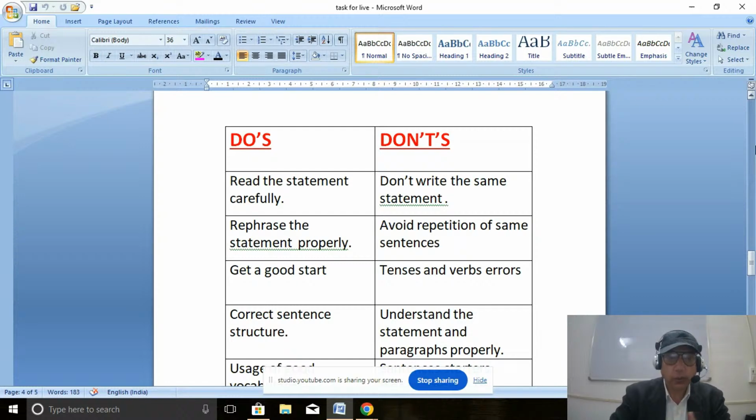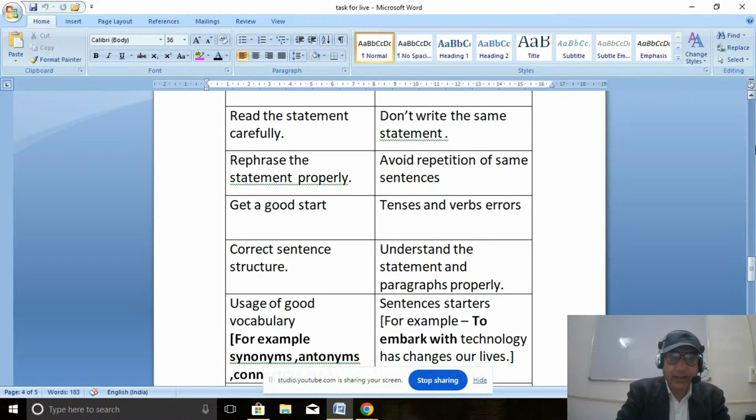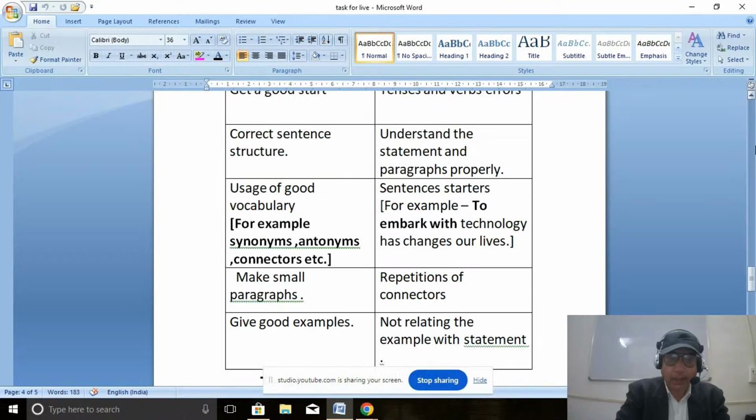Second thing, your sentence structure, which is the most important part, should be correct, right? Just think and write. Whatever you are writing should have some meaning. Each and every sentence you are writing should have some meaning. Don't use incorrect sentence structure. If you do that, you're bound to lose your band score, which nobody wants, right? Apart from this,